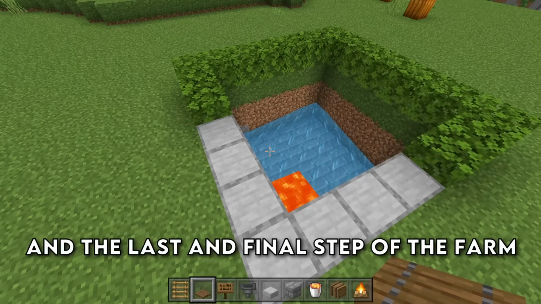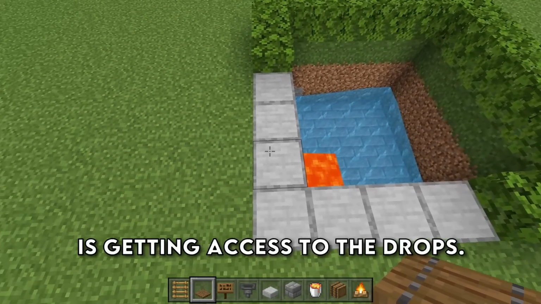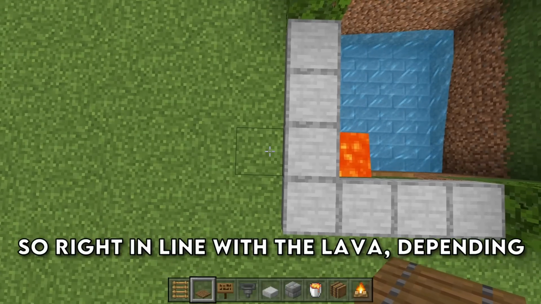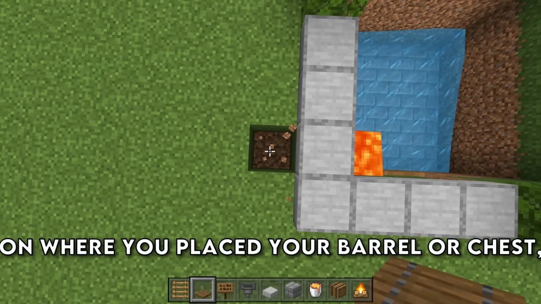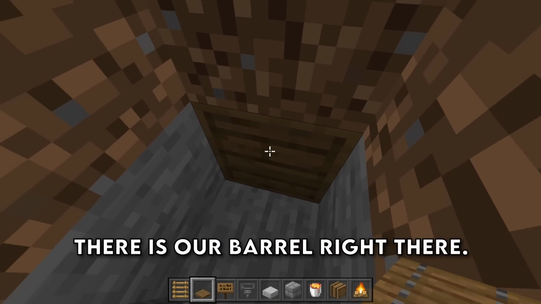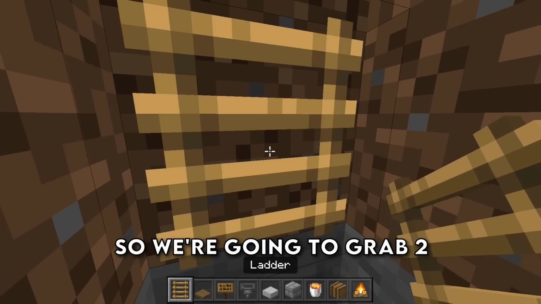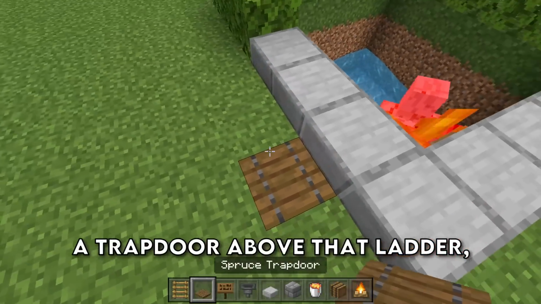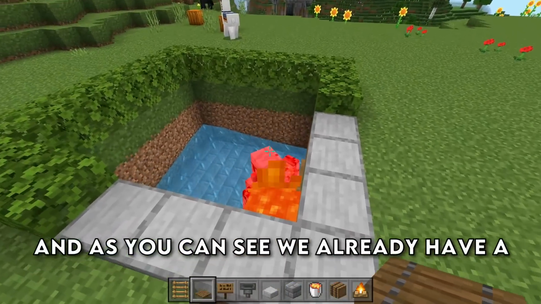And the last and final step of the farm is getting access to the drops. So right in line with the lava, depending on where you placed your barrel or chest, we are going to dig down by 4 blocks, and there is our barrel right there. So we're going to grab 2 ladders, place them down like so. Then we're going to place down a trapdoor above that ladder,